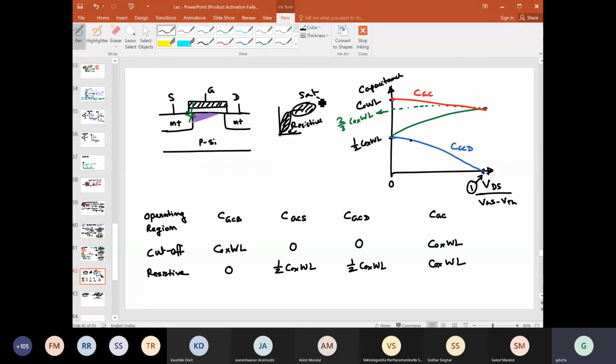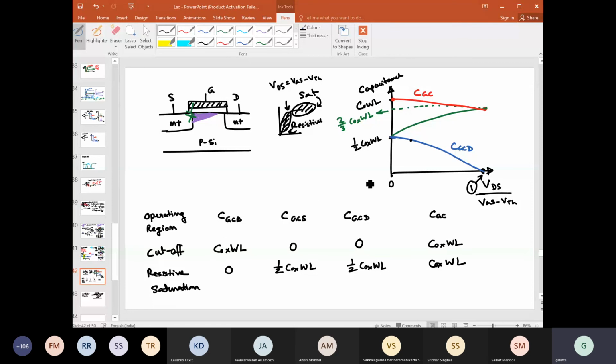Right. So what will happen in this saturation, that we have seen from here. What is the condition for saturation for a long channel? It is VDS equal to VGS minus VTH. Beyond this, it will be saturated. So see here, this point value is 1. So that means this is the condition for saturation, right?